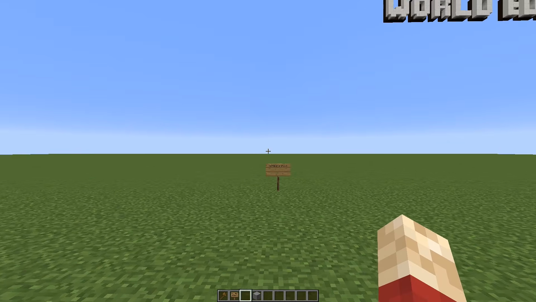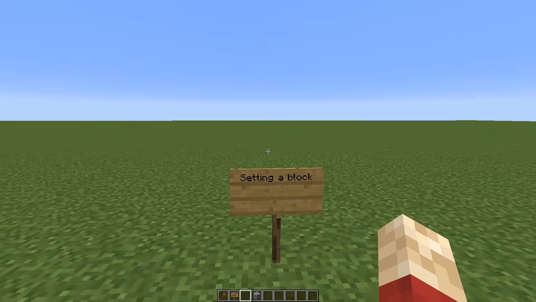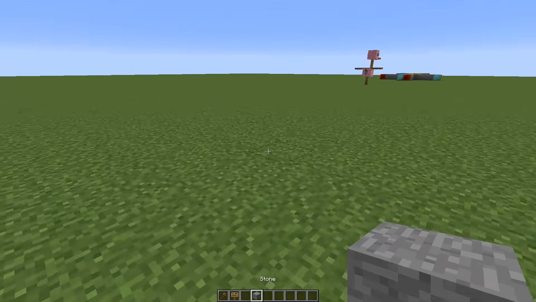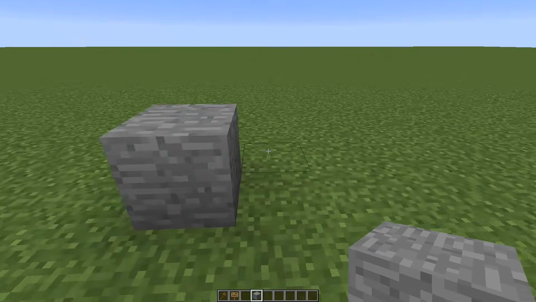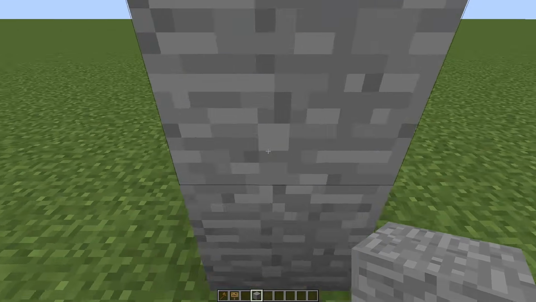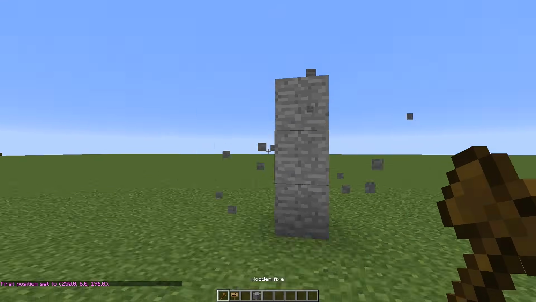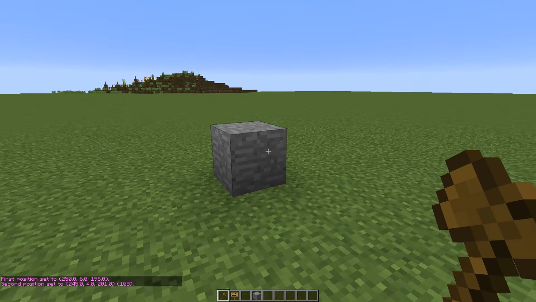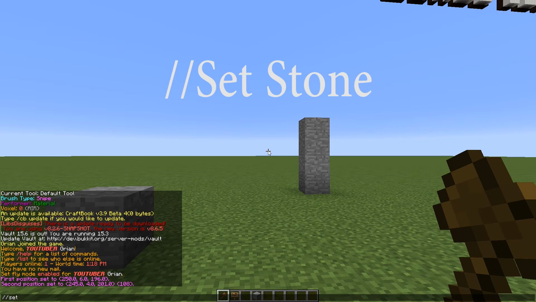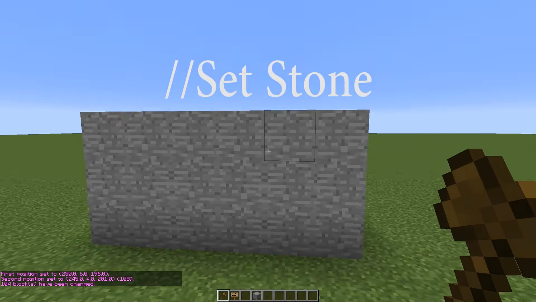So we're going to start with the absolute basics. I'm going to first show you how to select a region. You're going to need a wooden axe. This is the item that you need to use for World Edit at all times. To select a region, left click one block and right click another. Everything within that area, in the cuboid area, is your region, and any command that you do will affect the